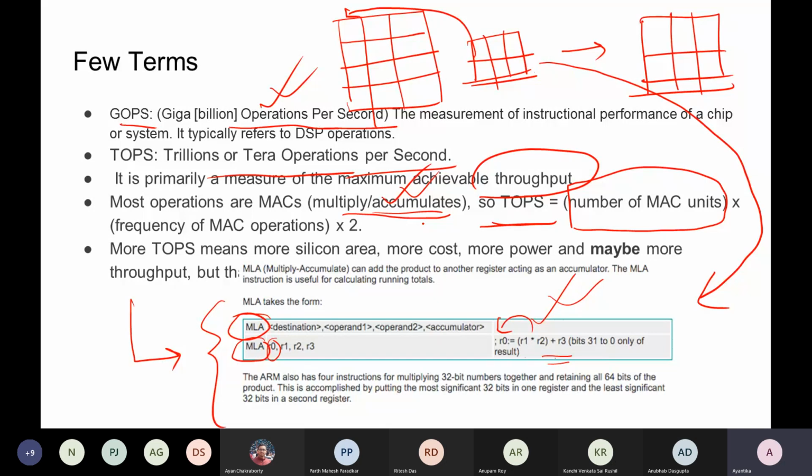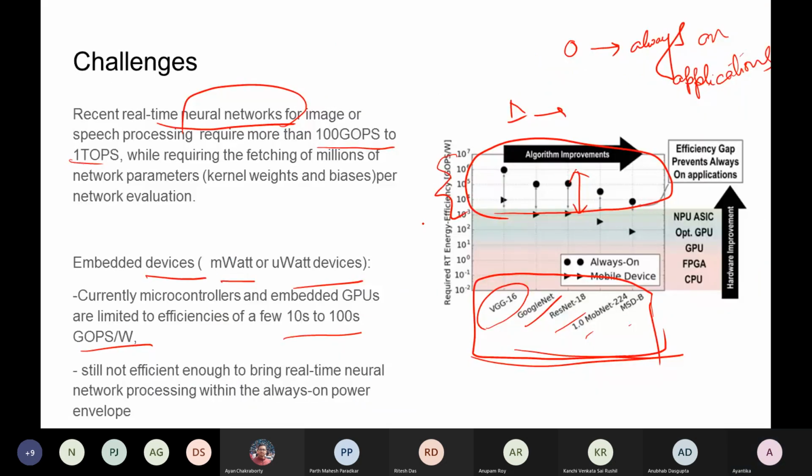Why I'm telling this: if you go back, you can see there are different options of embedded processors: GPU, FPGA, even CPU, ASIC, and NPU, that is, neural network related processing unit. These processors have different flavors and different advantages. But the key idea is the operation that you want to do, if you can map it efficiently to this processor,